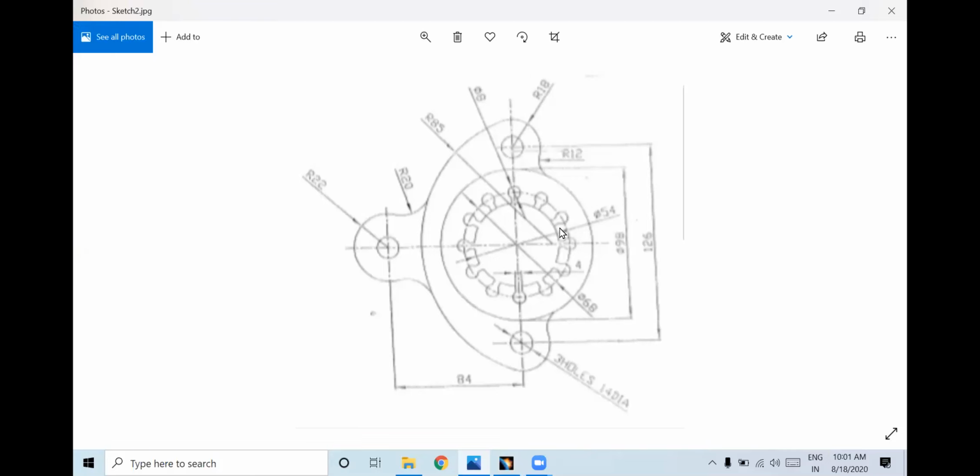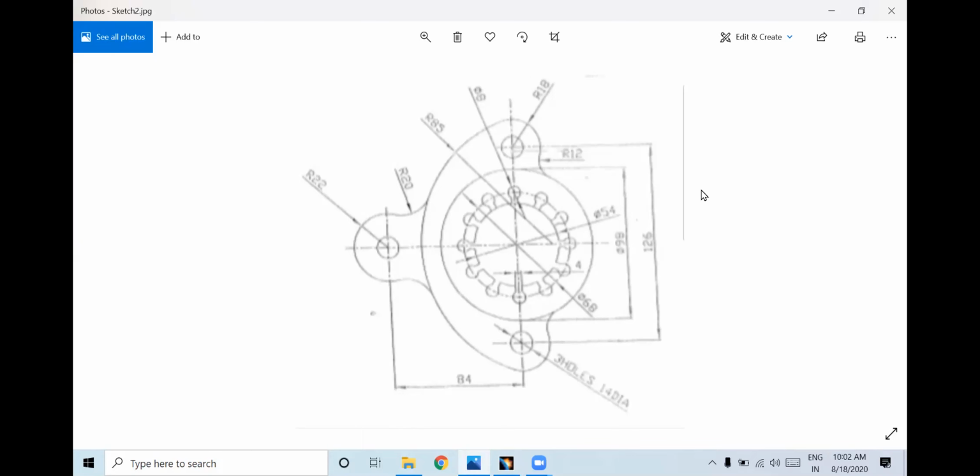Okay. So next, how many holes are there? 1, 2, 3, 4, 5, 6, 7, 8, 9, 10, 11, 12. What is the angular spacing? 30 degrees. So what is the reference axis we need to create? 15, right?